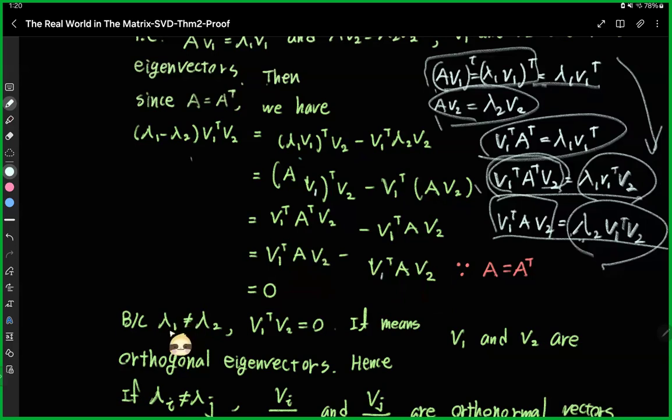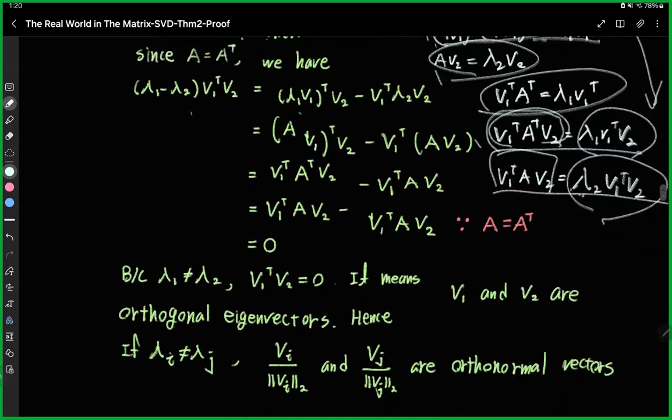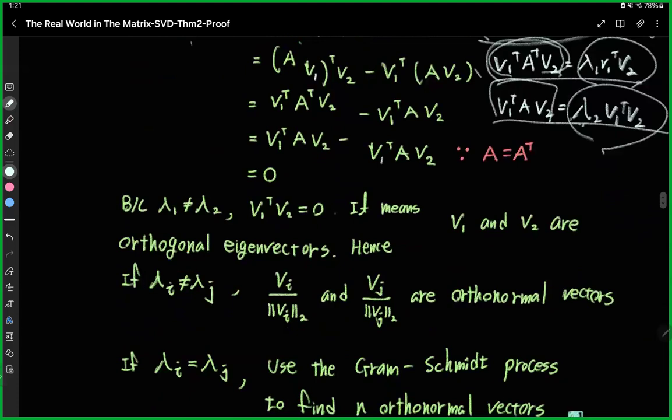But lambda 1 is not equal to lambda 2, since we assume that they are distinct. Which means V1 transpose V2 must be 0. It means that V1, V2 are orthogonal eigenvectors. So once we figure out that all of the eigenvectors are orthogonal, then